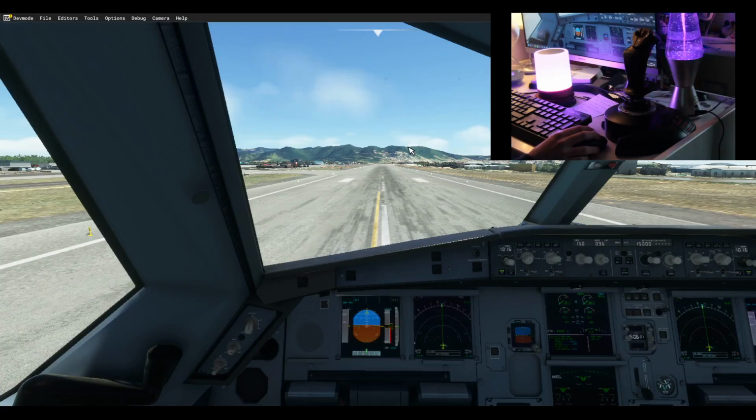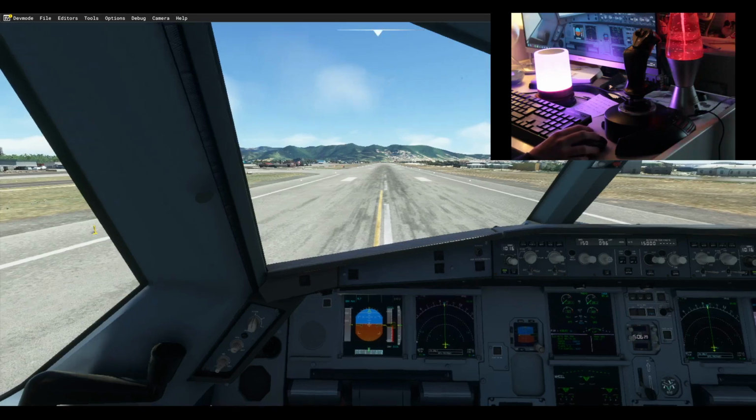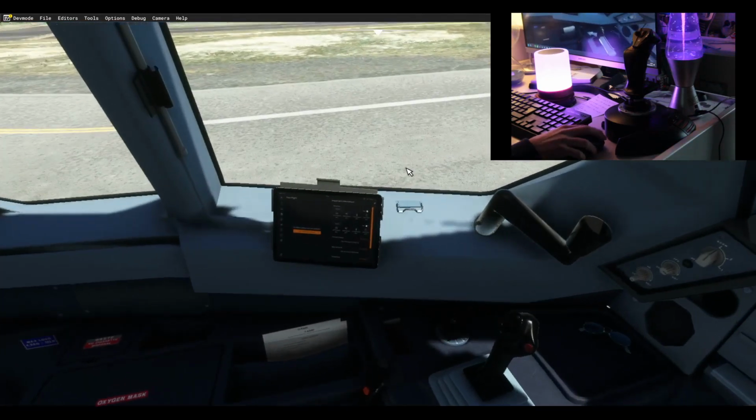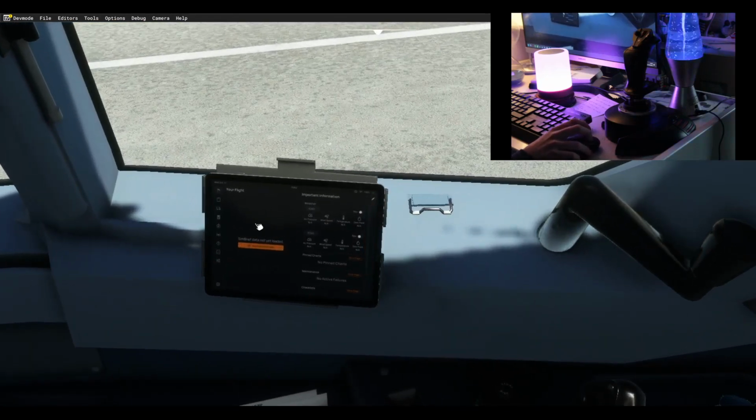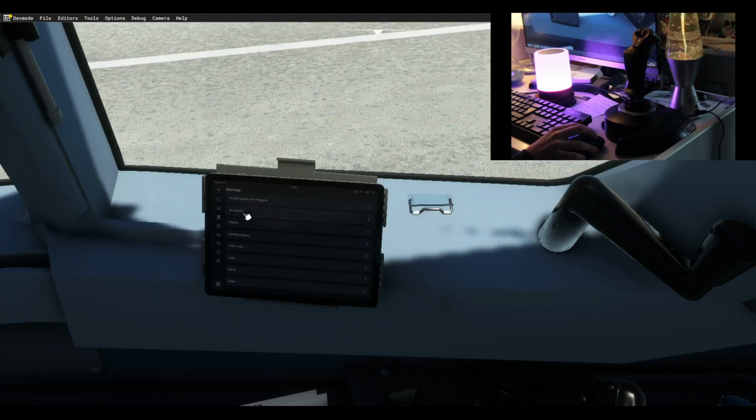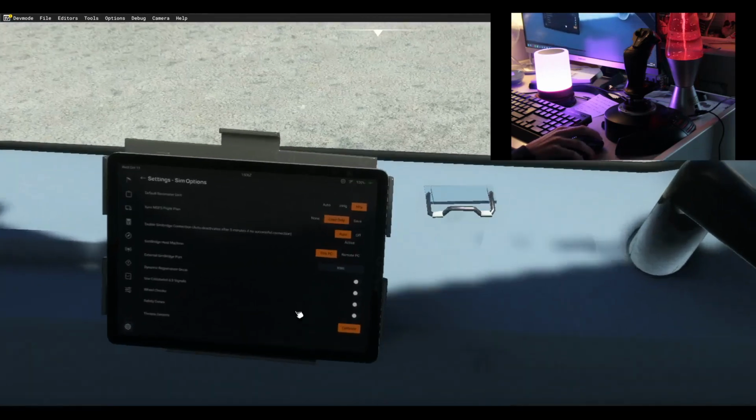Okay, so something you really want to take into account when you are purchasing this aircraft is when you spawn in the Flight Simulator, it won't work immediately. So what you have to do is go down here to the flypad. Obviously turn it on first by clicking on it. You go to the settings page and then go to sim options. And what you'll see down here at the bottom